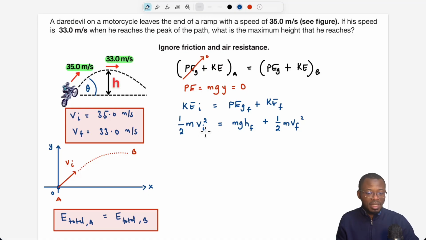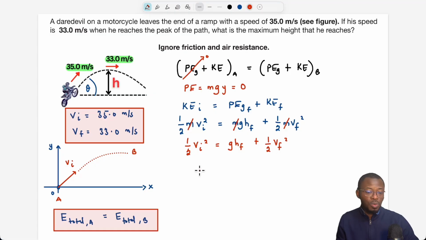Now let's look at this. If we can further simplify this equation, we can see that we have mass here, mass here, mass here, so those can cancel out. It's kind of dividing through each of these terms by m. So that will cancel out to 1, and 1 times everything would be just the same thing. Okay, so now we are left with 1/2 v initial squared is equal to g h final plus 1/2 v